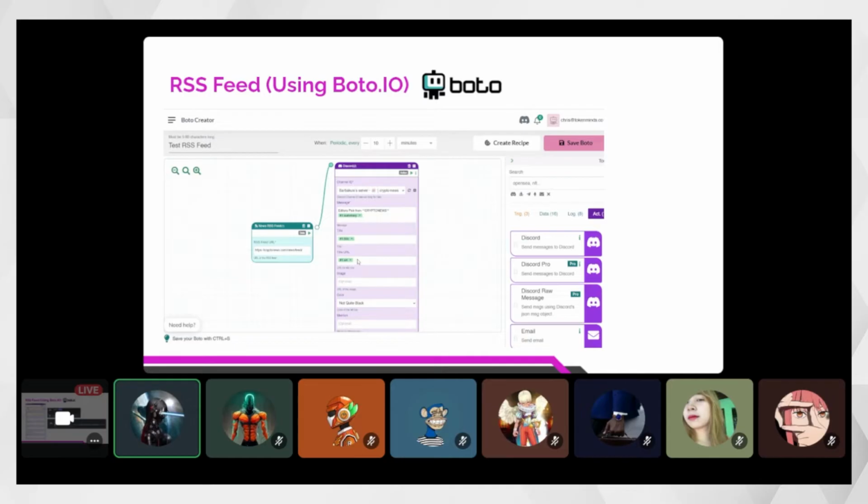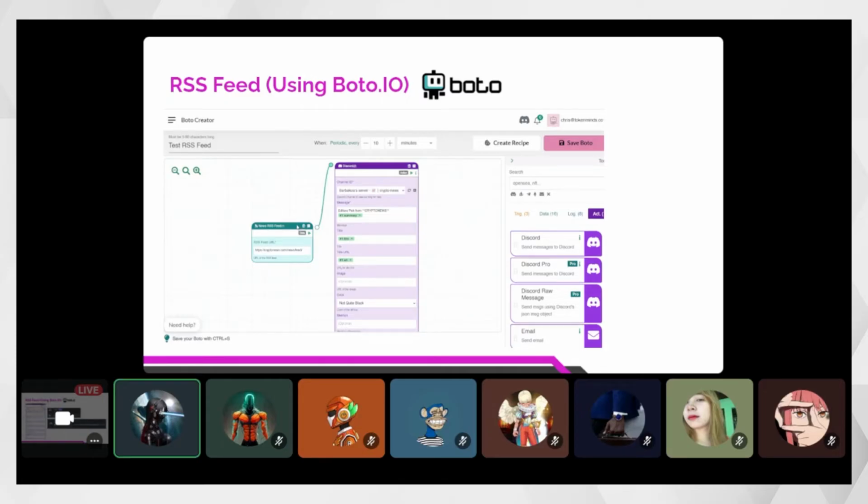Then here also the RSS feed URL for the said news message. If you don't want to use any other picture, you can just leave this optional. But if you want to have a custom image embed, you can put it here in the image embed URL.